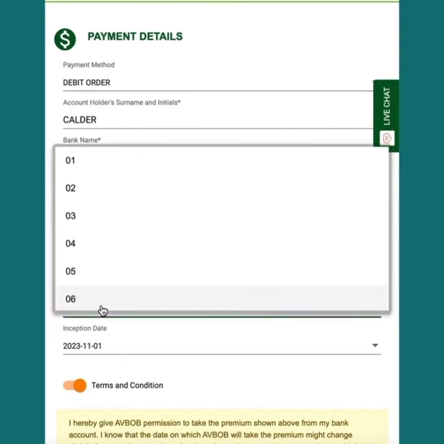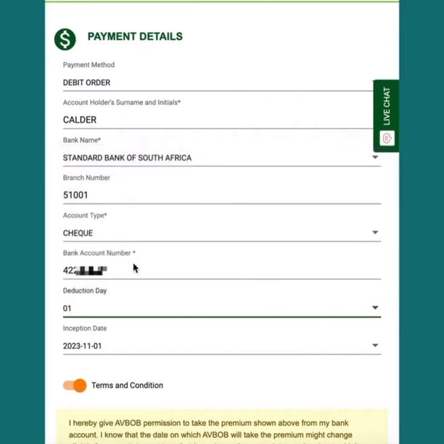Next, you can choose your deduction date. This is the day of the month that you will be deducted your policy amounts. Now remember that you will not be deducted within 10 days of signing this policy. So at the moment, it's the 29th of September. If I choose the 1st of the month, it's not going to deduct me on the 1st of October because that's within 10 days. It'll only deduct for the first time on the 1st of